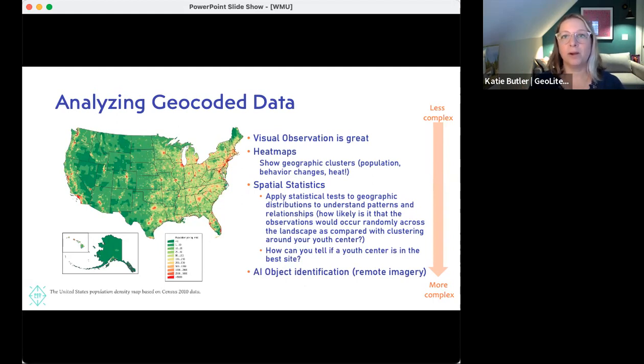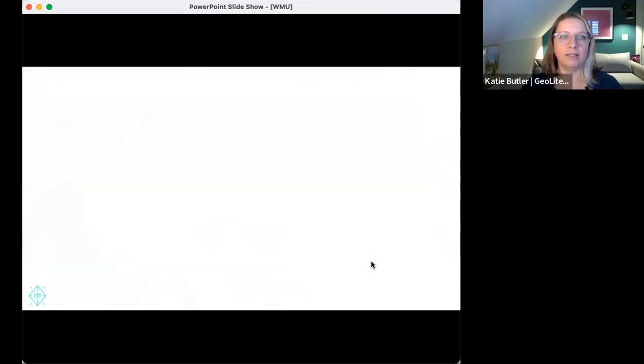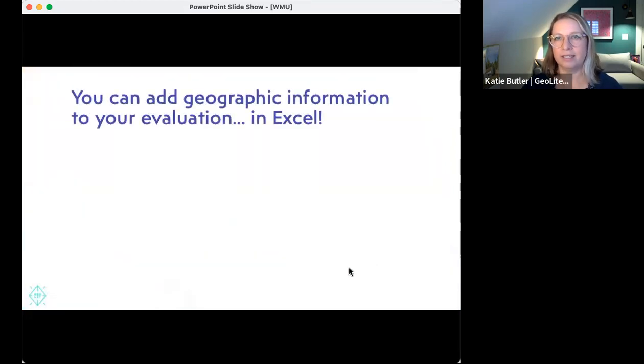And that can be a part of your analytical method for collecting information about the impact of a program or an intervention. So from simple things that we do every single day, just looking at a map and trying to understand what it tells us, to complex, there are a lot of different ways to analyze information. Good news is there are easy tools for us to use.